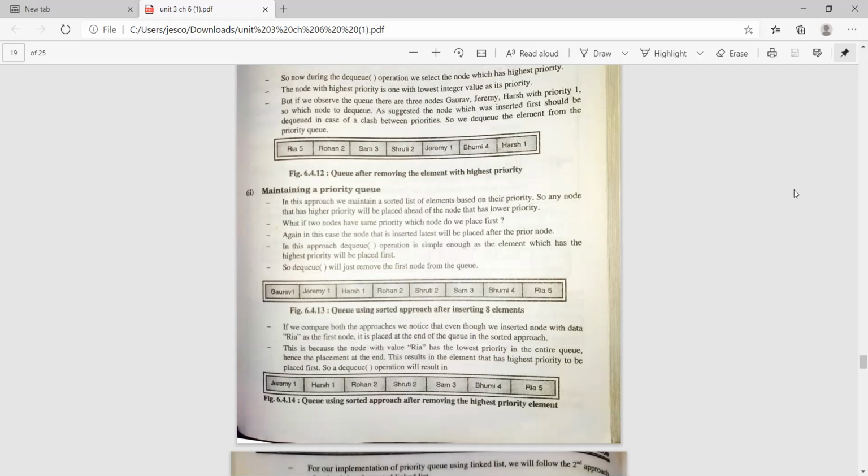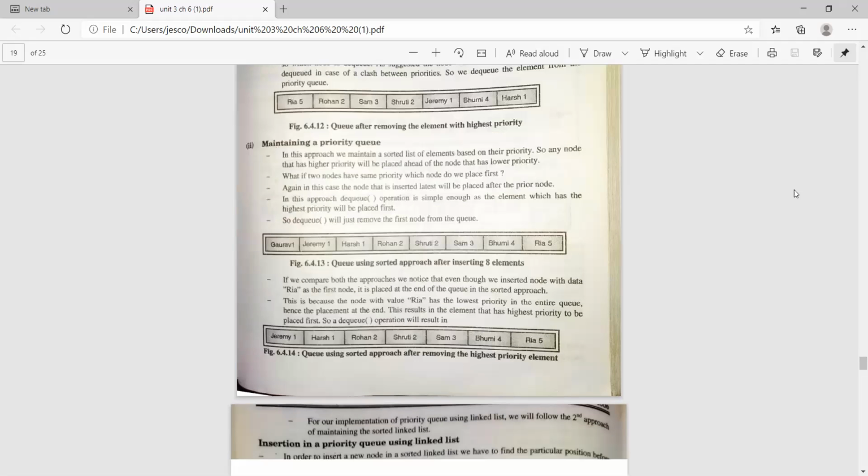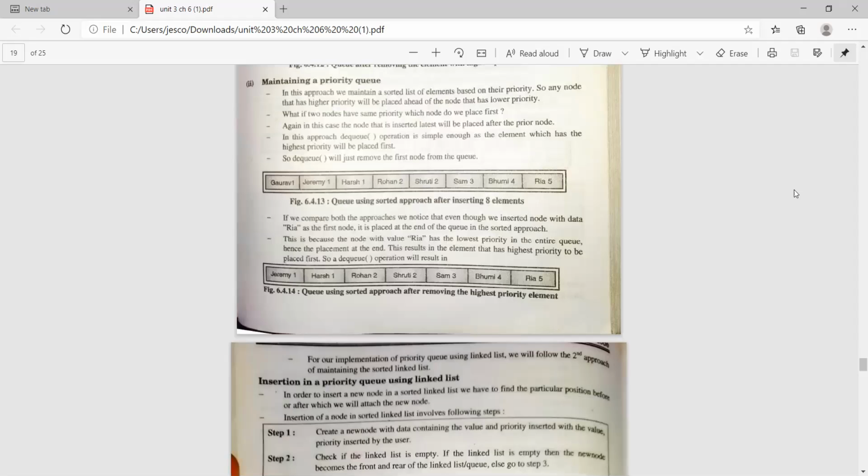Hence, the placement is at the end. This results in the element that has the highest priority being placed first. So the DQ operation will result in Gaurav being deleted and the rest of the elements remain in the queue. So for our implementation of priority queue using linked list, we'll follow the second approach of maintaining the sorted linked list.